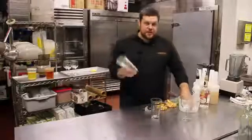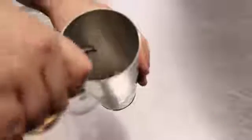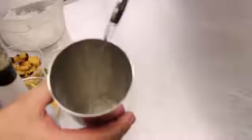First thing you want to do, take a little shaker, some ice, a little Malibu coconut rum, and that ought to do it. A little bit more for my grandma. She likes rum. I got some triple sec,